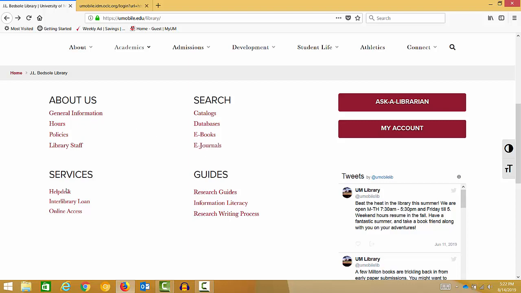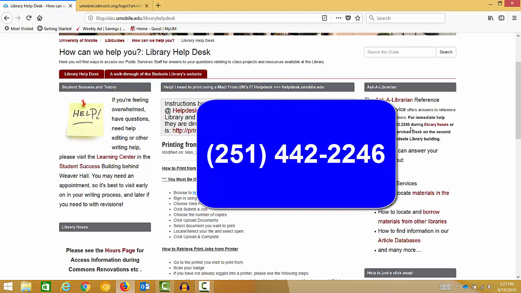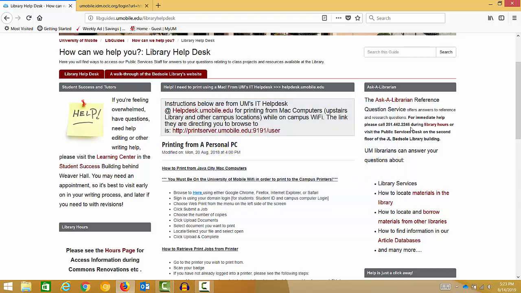There are many ways that you can contact library staff if you need help. And those ways are listed under the services section of our library website. Let's look at the library help desk first. A couple of the ways that people utilize help when they're not on campus is, of course, by calling us at our public services desk. And again, that number is 251-442-2246. And anytime during library hours, if we've stepped away from the desk, we'll try to return that call as